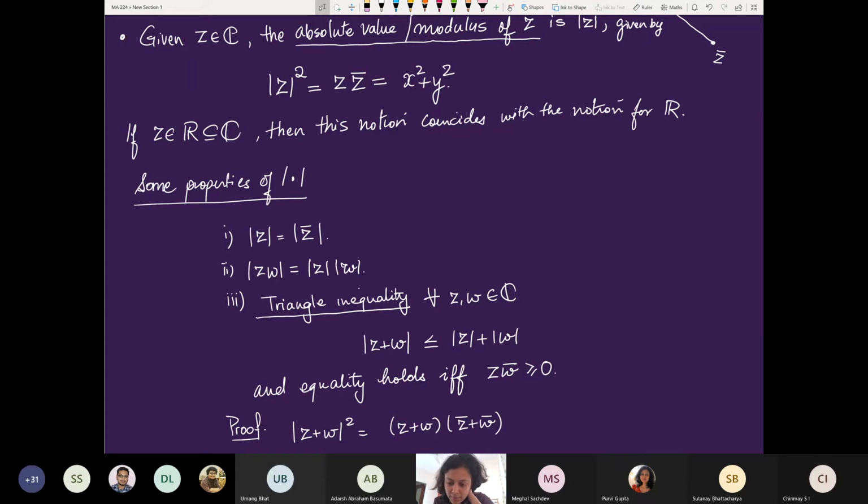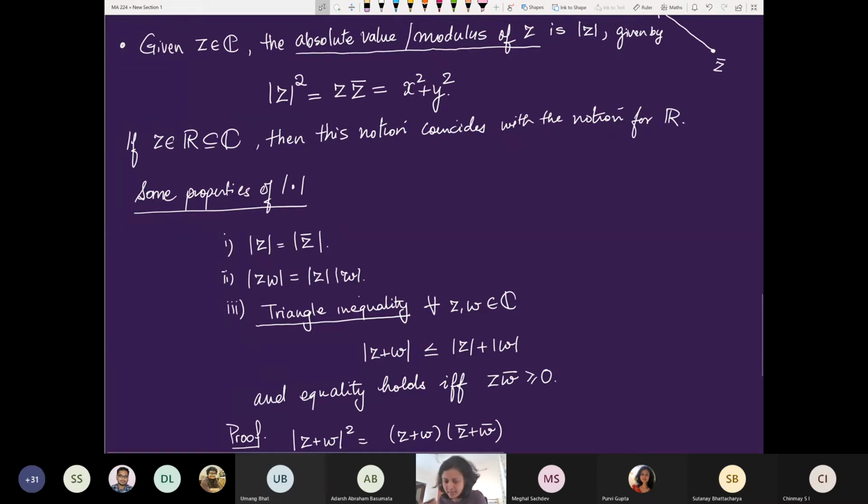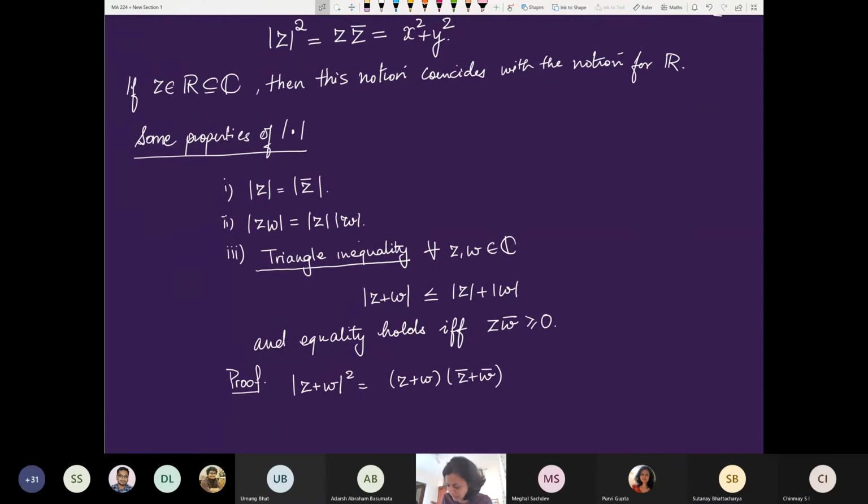So when he says absolute value of z is equal to absolute x plus absolute y, I think he means the absolute value of the real part of z plus the absolute value of the imaginary part of z. So it is well defined in that sense, but it's more to do with what we need from this modulus. The point is that you'll see down the line that currently, the way I have defined modulus,